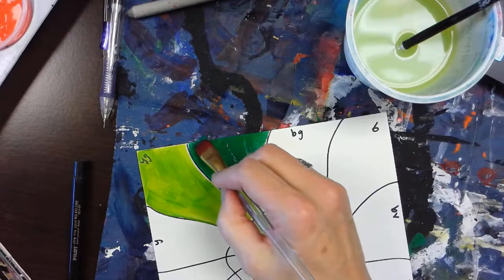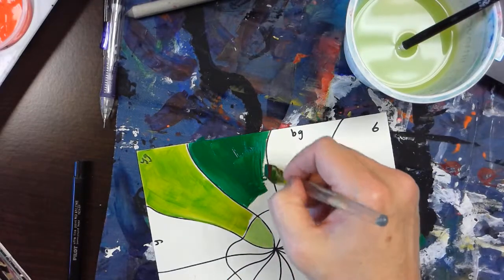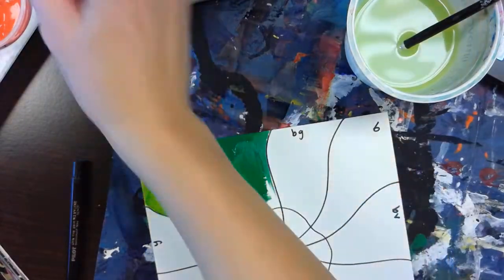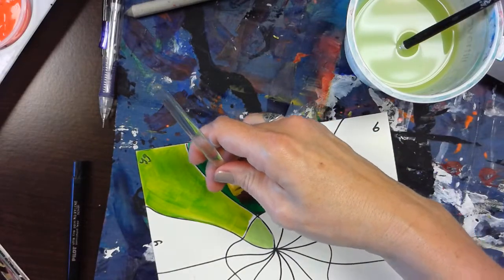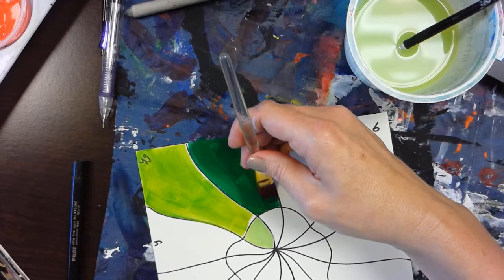Okay? As for cleanup, when it is time to clean up, it is time to clean up. I will give you some warning to finish up with your last color before it is actually time for cleanup, so be listening for that warning. And once it's time, we'll stop painting. We will